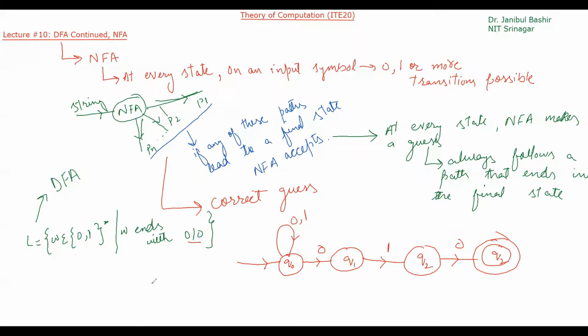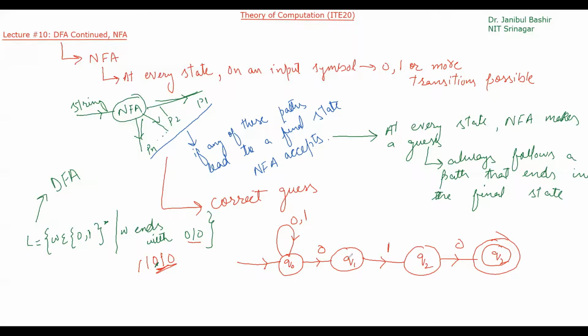For example, you can take any string, for example, this. Can this NFA accept this string? Yes, it should accept this. Why? Because let's see what we have to give. We have to give 1, 1, 0, 1, 0. So on 1, it should remain in this. On another 1, the second one, it will remain in this. On the third, 0, it has the choice. Either it will remain in this state or it will go to the next state.